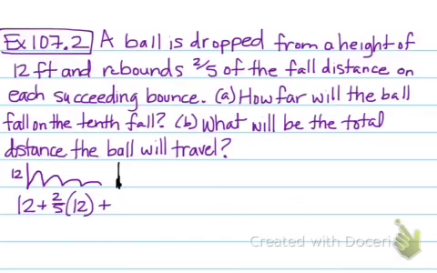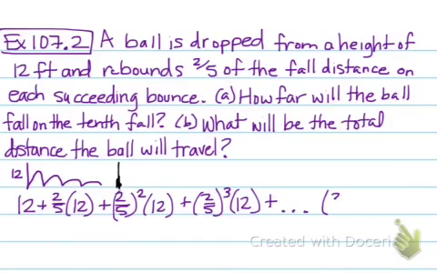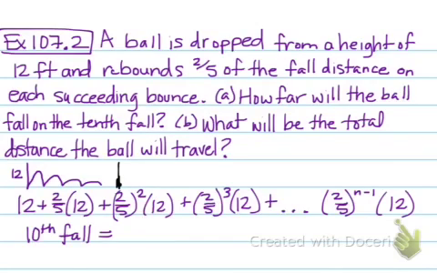But what we do know is that our series is going to look like this. It's going to start with 12. Then the next bounce will be 2/5 of 12. The next bounce will be 2/5 squared times 12. Then 2/5 to the third power of 12, and so on, until we get to the n minus 1 power of 2/5 times 12. So we needed to find the 10th fall, so how far the ball has fallen on the 10th fall. So we just use 12 times 2/5 to the 9th power, and we find that it's 12